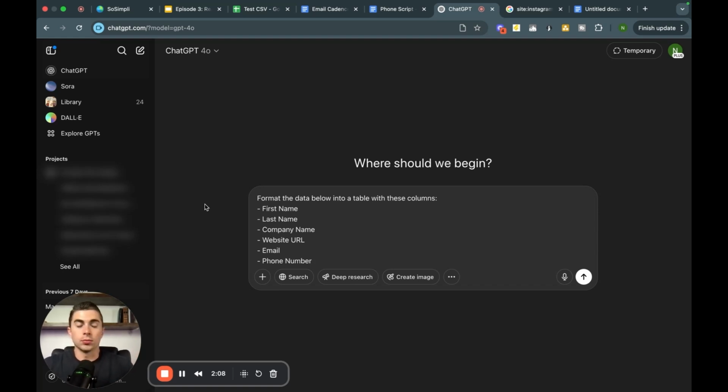No, it's not going to, because it's basically going to take the Instagram profiles that we made from that Google search that we had. And if they have their website in there, great. It's going to identify that and put it into the sheet. It's going to take the emails and put them into that sheet. But not every single bio on an Instagram profile is going to have all this information. So be patient with it. It might take multiple pages of searches to be able to gather these leads together.